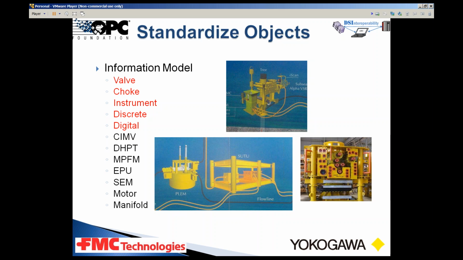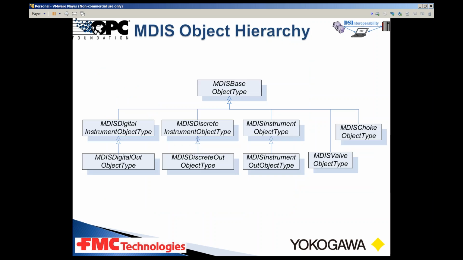They have the same functionality, but they have different extensions or abilities, and they can provide additional or different pieces of information. So in the OPC UA information model, we realized we needed to make a hierarchical sort of model. There's a base object type that provides some information, and then there are subtypes that provide information specific to the models we've created, so digital or discrete or an instrument or chokes or valves. And then some of those models are further extended to provide an output value version or a discrete